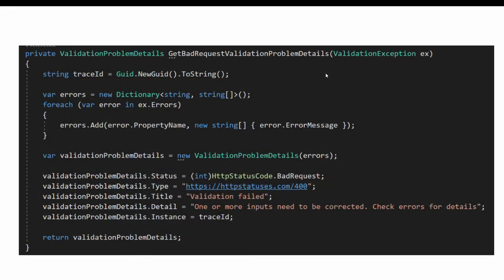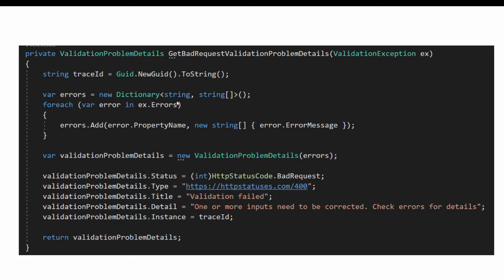Here you can see that instead of returning problem details, we are returning validation problem details as we need to pass an array of errors also. This class is provided by ASP.NET itself to report validation errors to the client. But to return the validation exception in this format, we need to convert all our errors into the format which validation problem details needs. So to do that, we created a dictionary object which has a key, and the value is an array of strings. This is the specific format which validation problem details follows.